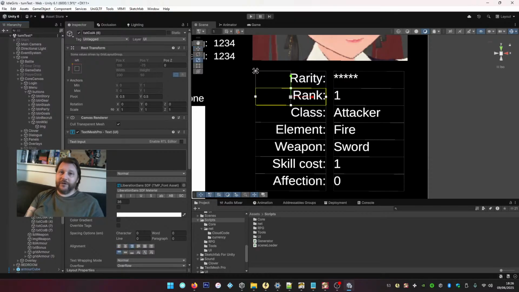Why didn't that work? LBL rank. And then we'll do TXT rank, LBL class, TXT class, LBL elements, TXT elements,